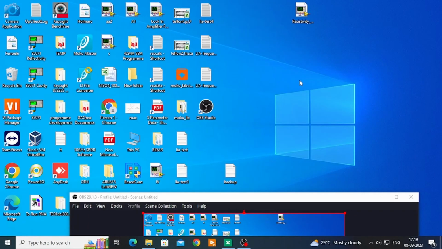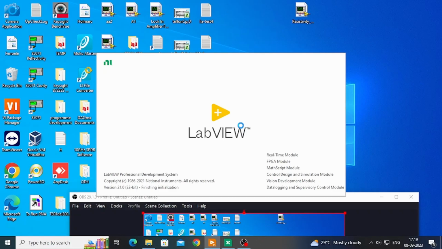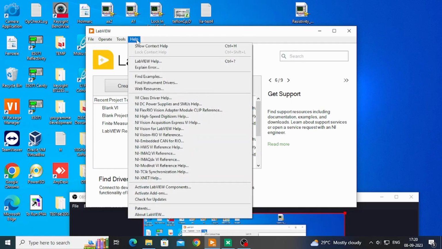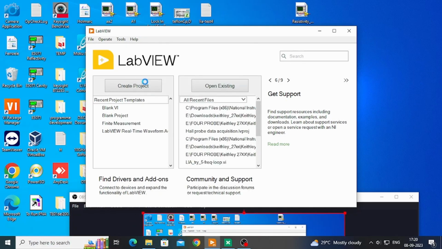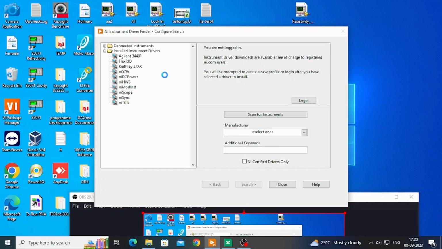In this video, we are talking about how we can install an instrument driver for using LabVIEW interfacing. Here I am opening the LabVIEW software, and if we go to Help menu, we can find Instrument Drivers option. Just click here. So here you can already see what are the installed instrument drivers,